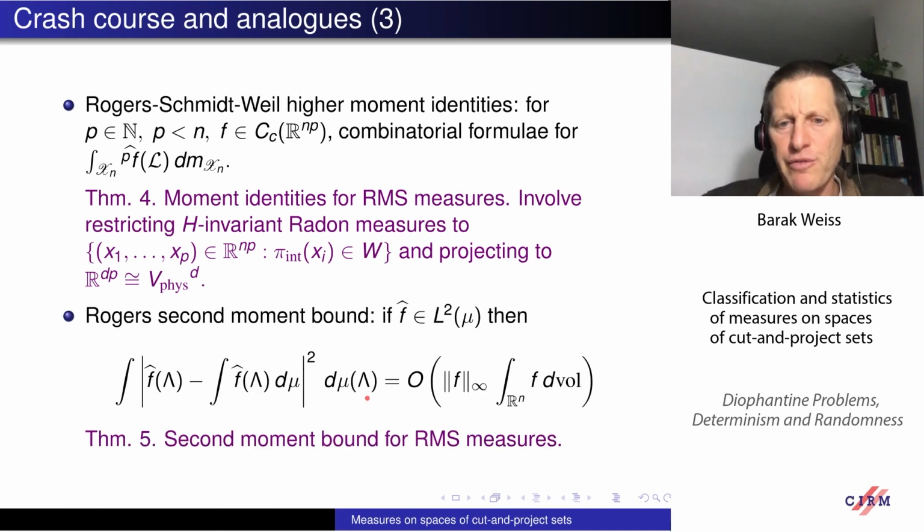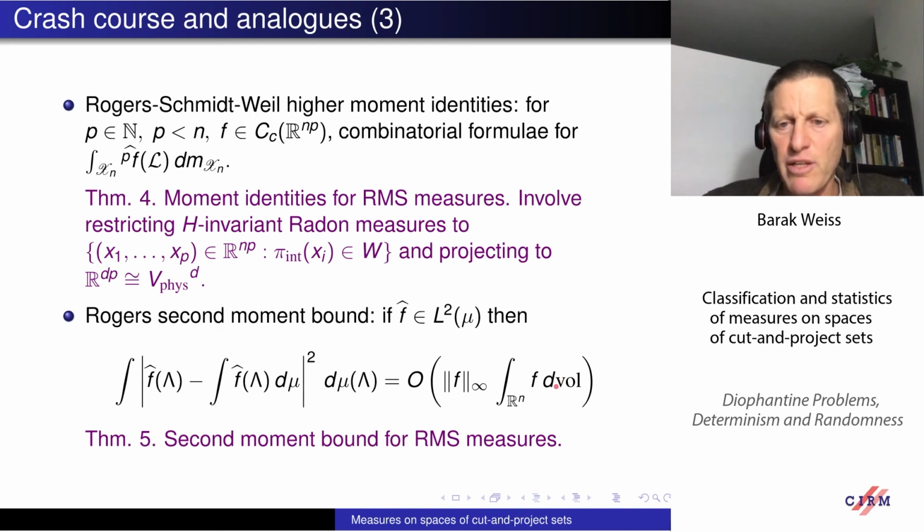Another thing we prove is something called the Rogers second moment bound. For lattices in the 50s, Rogers proved the following fundamental fact. This expression, which is the second moment of f hat, if you fix f and think of this as a random variable depending on the choice of the lattice Lambda, then this is the second moment. And Rogers bounded the second moment in terms of the space integral of f,